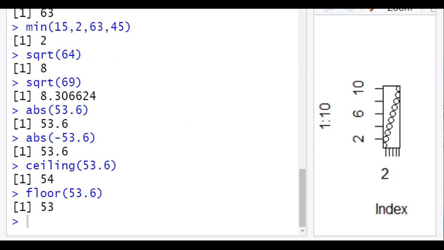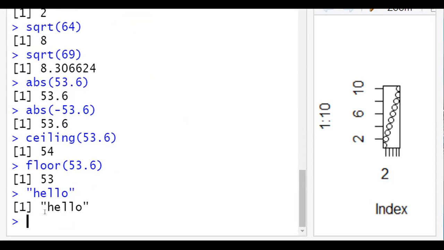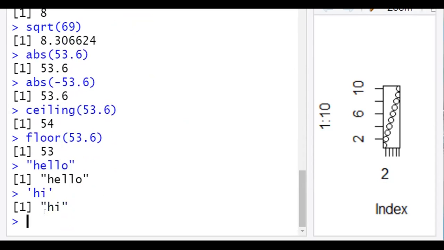Similarly, R provides a string facility for storing text. A string should be surrounded either by single quotes or double quotes, just like how we have already used it. Directly it has printed, or we can use a single quote also, like this.